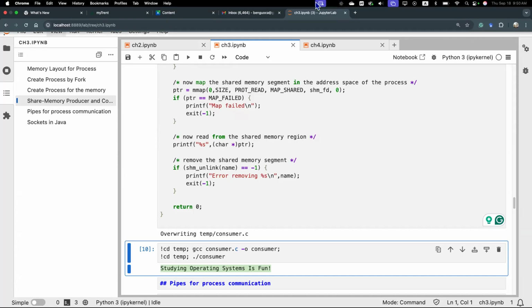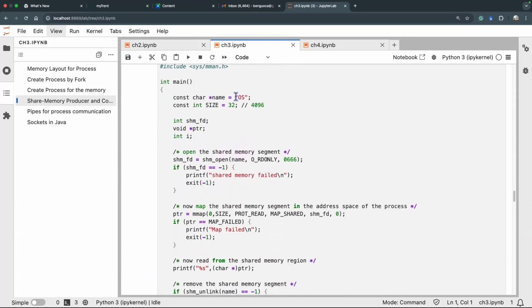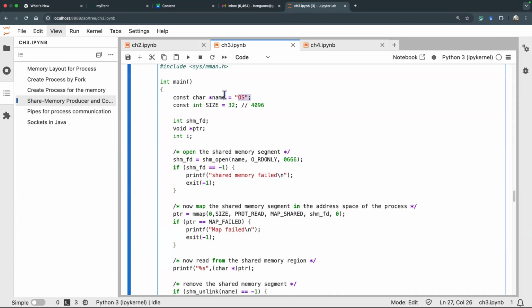Clear here? Good? Is the name what connects the two? Yeah, it's the name. The name is better than an idea. And then we can make some very fancy names. See, the name is used. This name is used by